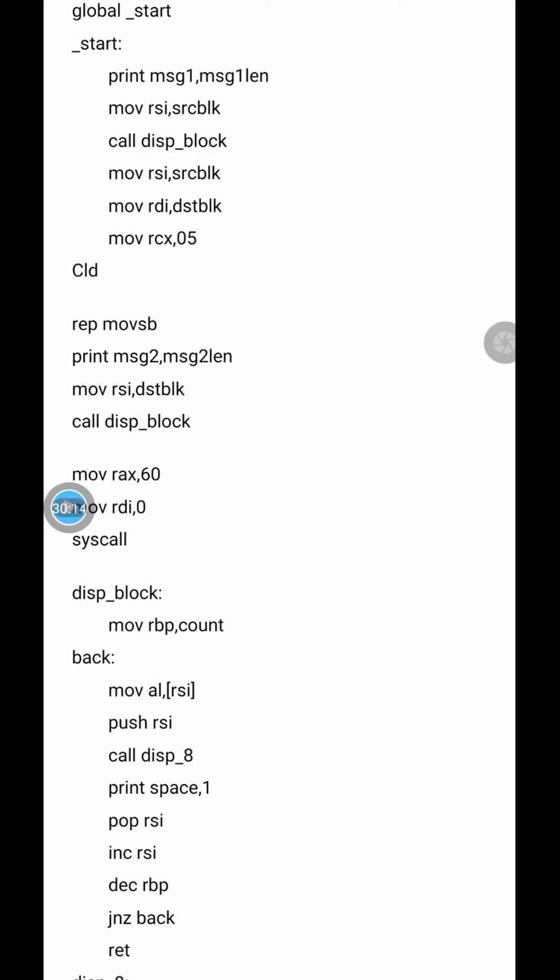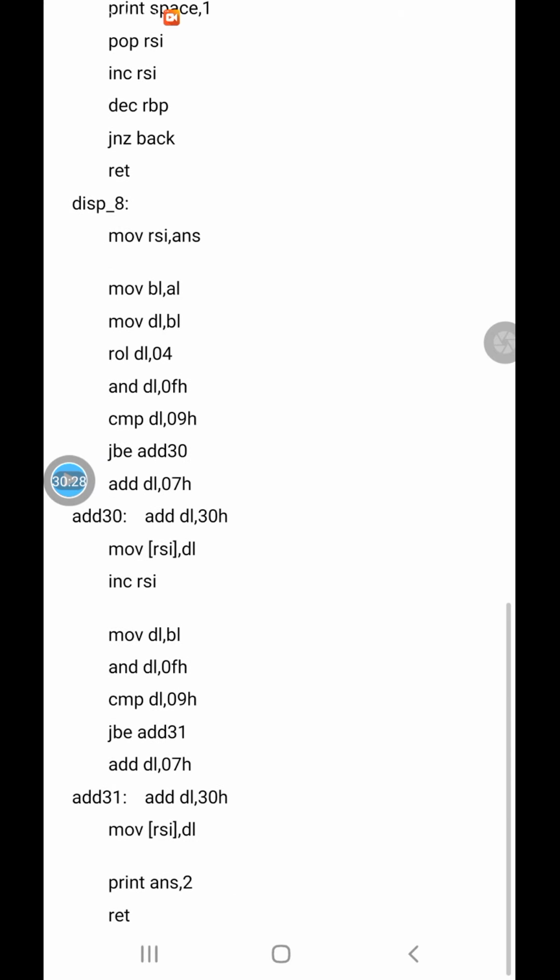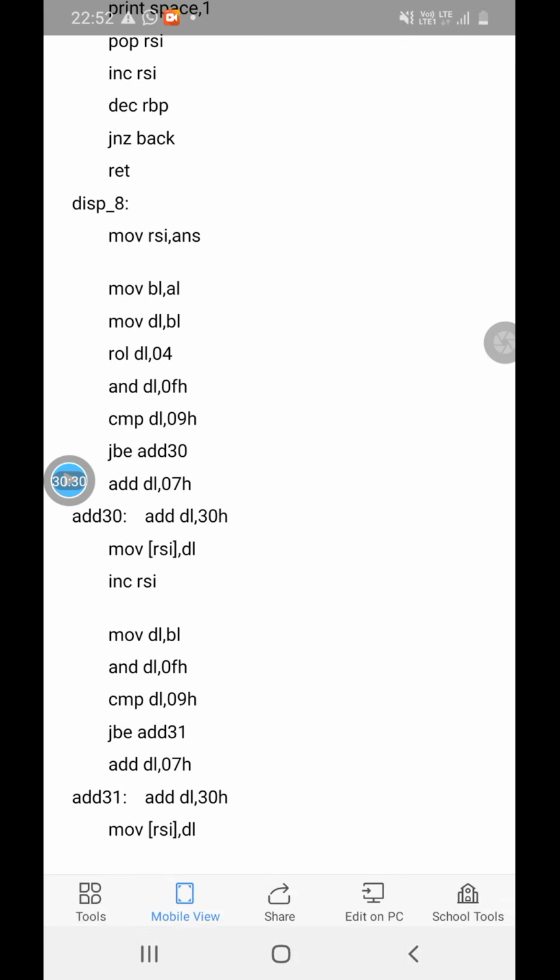Suppose this is the problem statement, then in that case you have to first display the menu and you have to accept the choice from the user. So just a minute, I will share the screen.